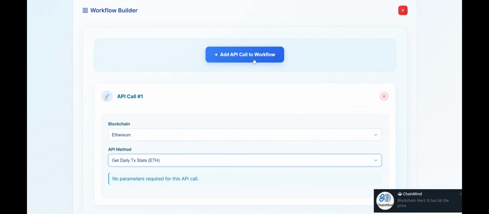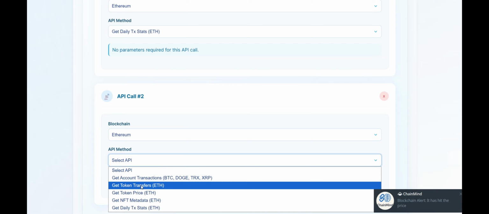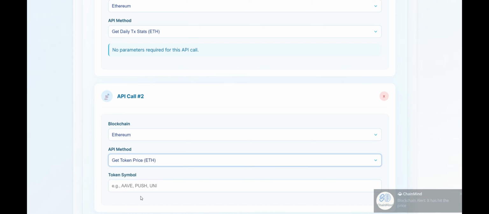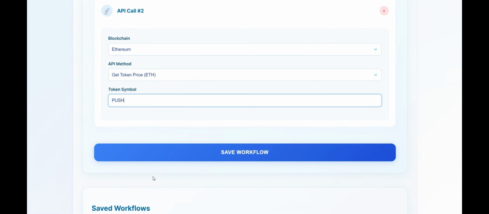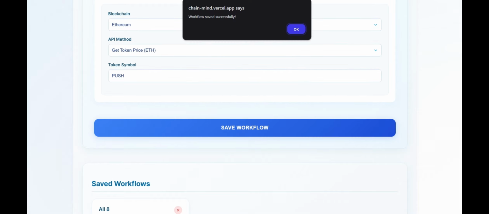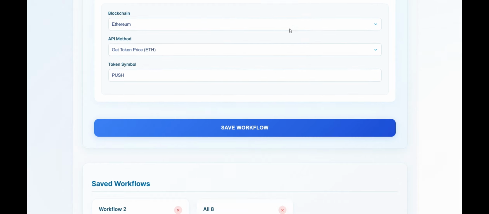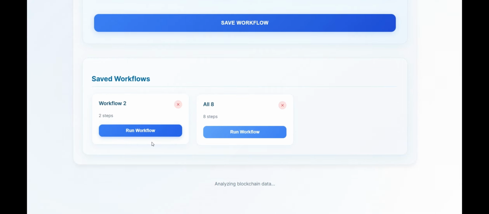Then I want the token price for let's say push. I'll save the workflow. I'll name it workflow 2 or whatever. The workflow is saved successfully. I got workflow 2 here.